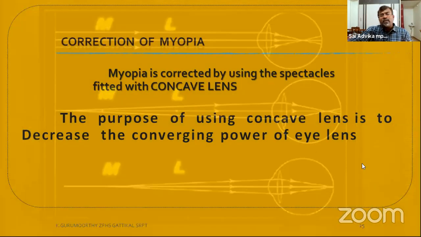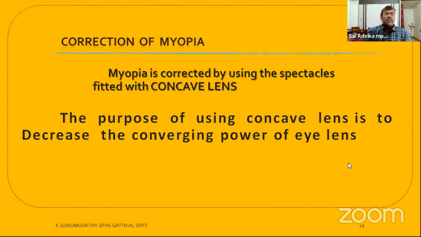Now, let us try to explore the possible ways to correct myopia. How is myopia corrected? Yes, for any problem there is a solution. Like that, myopia also can be corrected by using lenses. Myopia is corrected by using spectacles fitted with concave lenses, diverging lenses. Why are we using a concave lens in the case of correction of myopia? Why not a convex lens? Because by using the concave lens,